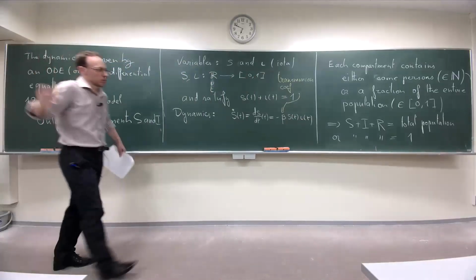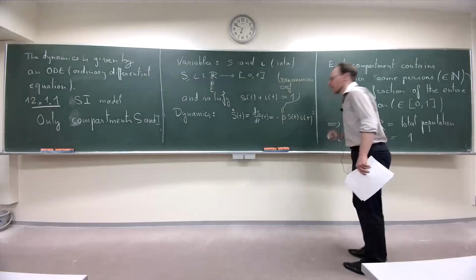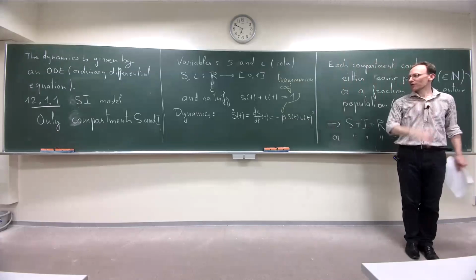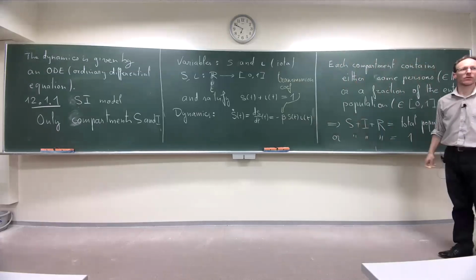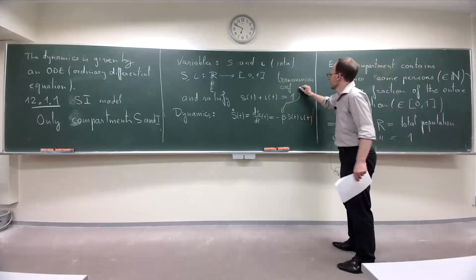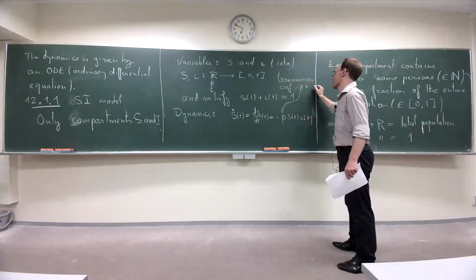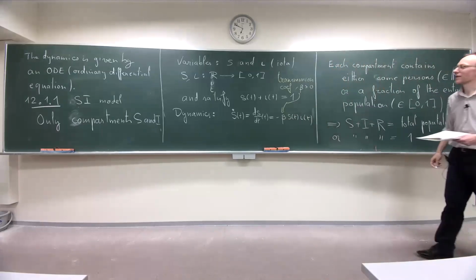But it's a model. If you don't like it, you're allowed to put a square if you want. This is a heuristic model. But people do start with this usually. Beta is positive. It can be 0, but of course it's not interesting if it is 0.